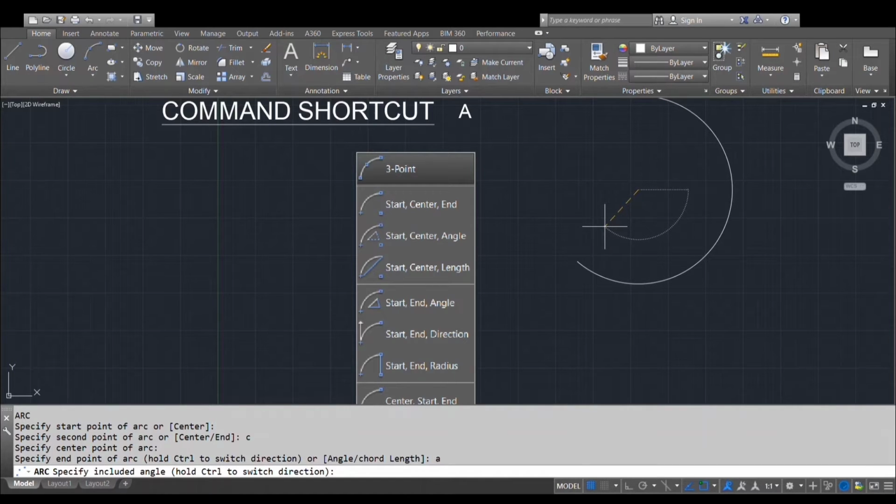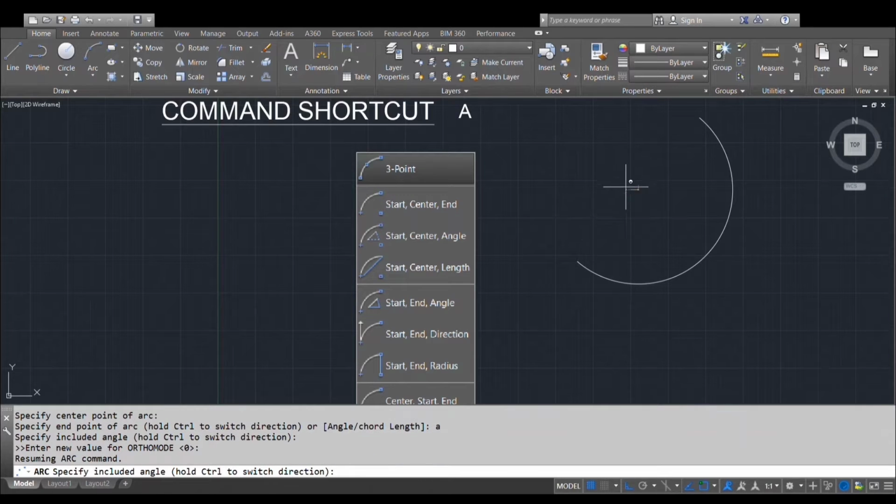Here you are going to use the control button to toggle the arc to create clockwise or anti-clockwise. If you work with AutoCAD, you will get to know. If you click control, you will rotate the arc clockwise or anti-clockwise. If it is rotating clockwise, it will become anti-clockwise, and vice versa.